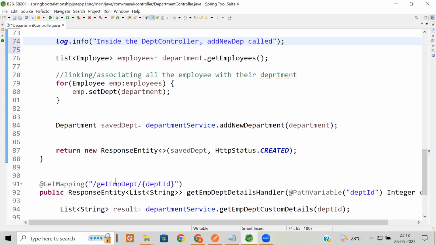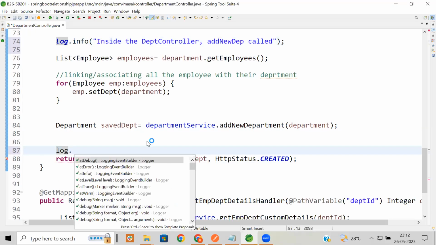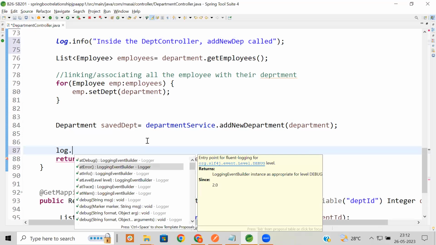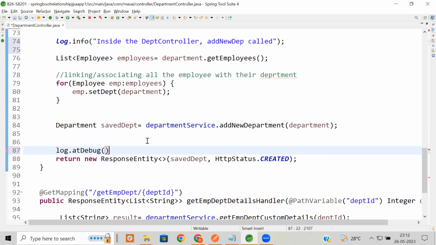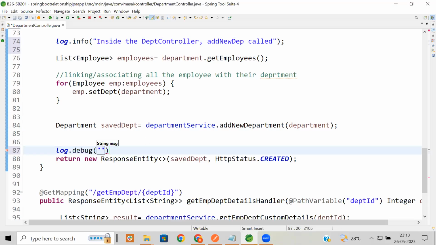One message I kept. Now inside this, you can keep another message, log.debug. The message here can be like this, not add debug, should be debug: add method of department controller,